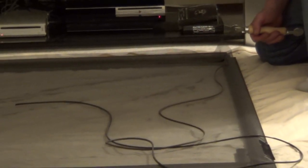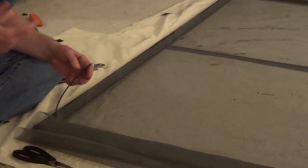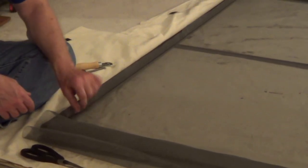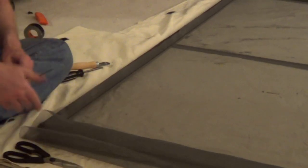and I'll work on this last big side. So I finished pushing the spline in all the way around, and almost always you're going to have excess spline. Over time, as you push it in and you respline something, it's going to stretch that spline. So you're going to want to cut it, use a pair of scissors, just cut it into the edge,